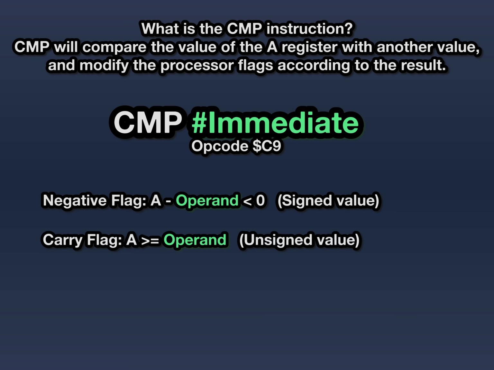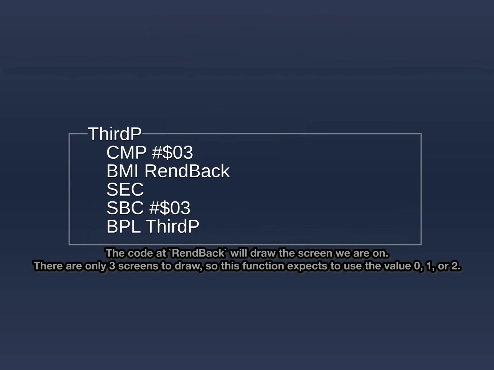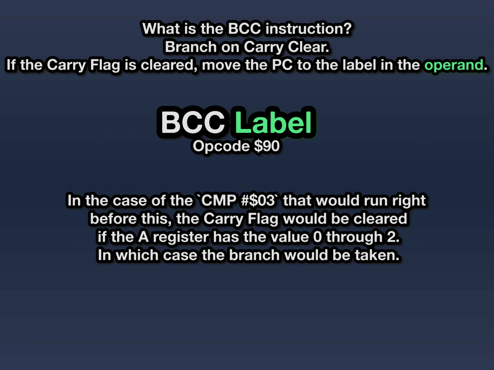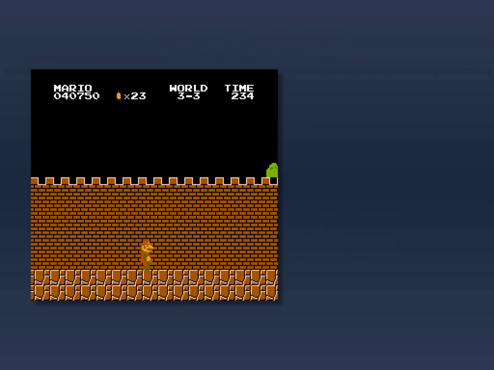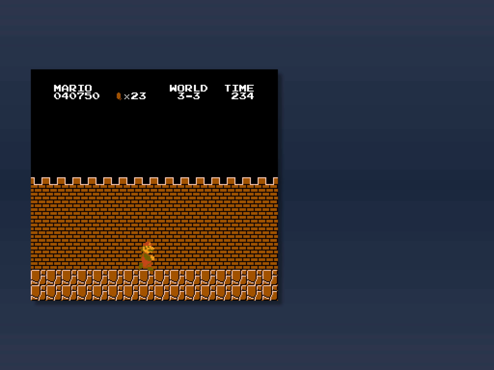Also, if the A register is greater than or equal to the operand as an unsigned value, set the carry flag. And also the 0 flag if the numbers are the same. Branch on minus would be perfectly sensible if you are using a signed value, where negative numbers are taken into consideration, but this function is hoping to only move forward with the values 0, 1, or 2. Branch on carry clear would only be taken with the positive numbers that are less than 3, which would have prevented this bug. Anyway, since this bug exists, we can draw screen negative 125 through positive 2, and some of